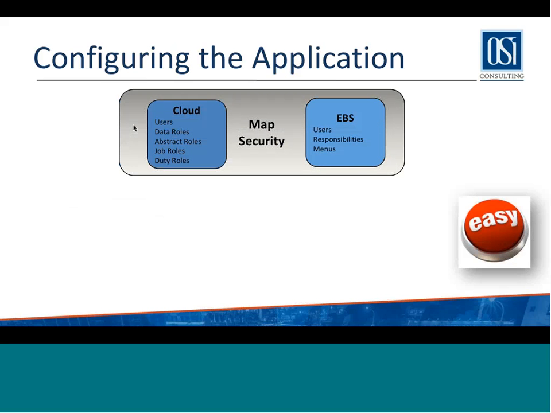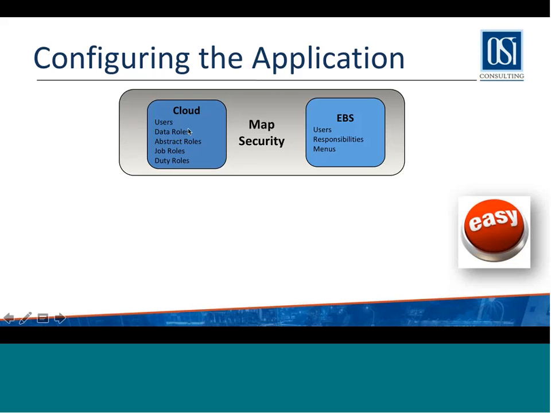So the first step, you decide to go to the cloud, configuring the application. To me, that's the easiest part of the whole thing, mainly because what I just said about the cloud being the Fusion application, or the cloud application being based on EBS. So the first thing that has changed a little is the security model. So that is one important thing to remember, and that we need to map.